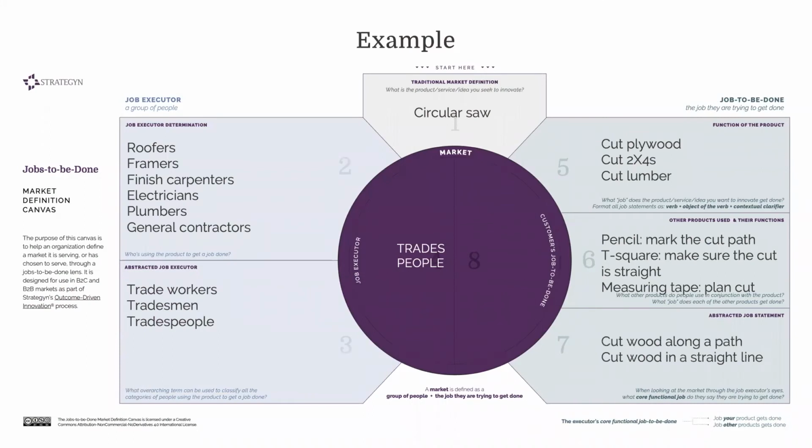And then we ask the question, well, what are you ultimately trying to achieve? Well, they're trying to cut wood along a path or cut wood in a straight line. So there we have it. We're not in the circular saw market. We're in the market to help tradespeople cut a piece of wood in a straight line. Currently, they're hiring a circular saw to do that, but that doesn't mean that's the ultimate solution. We want to understand that job at a level of detail that allows us to innovate past the circular saw,